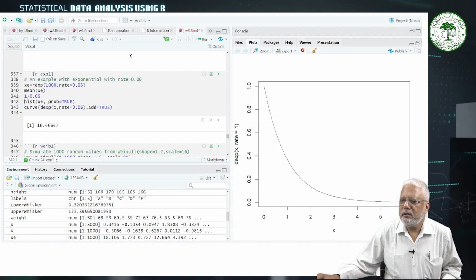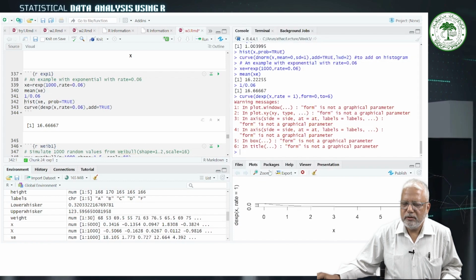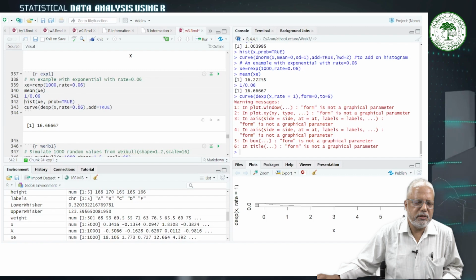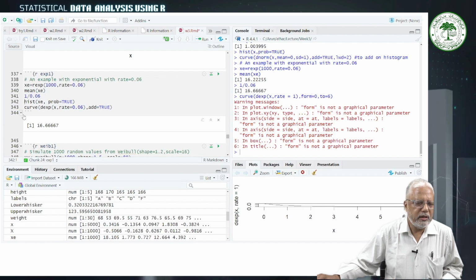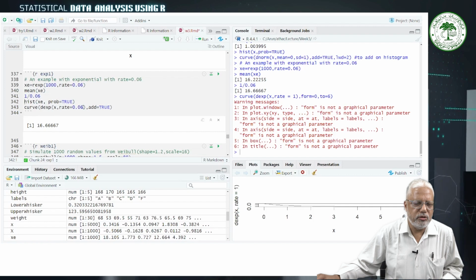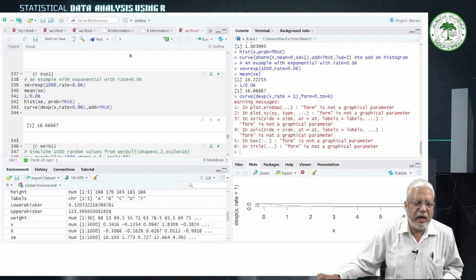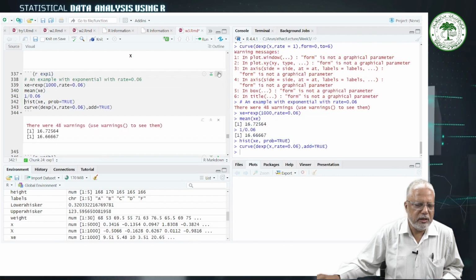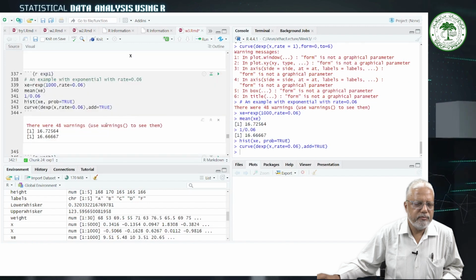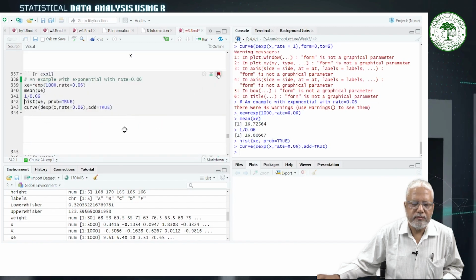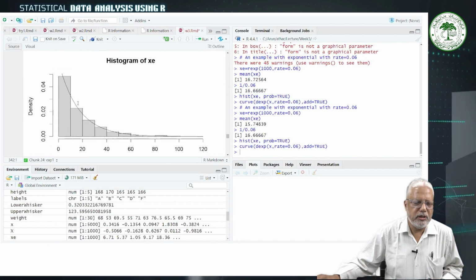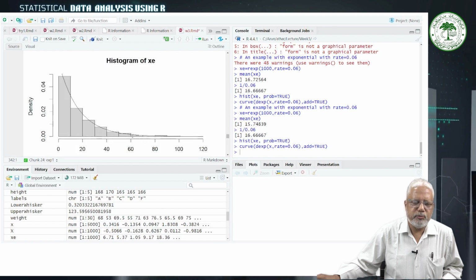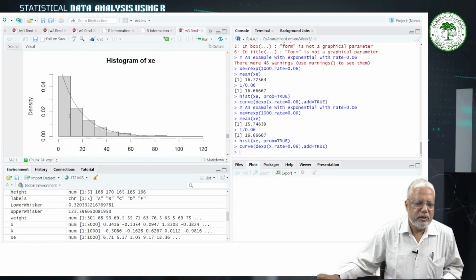But we want this plot to be added on the histogram. So that's why when we run this, it generates the histogram, and curve dexp(x, rate equal to 0.06, add equal to TRUE). So it will add on the histogram generated here. So when we run this, we are getting the results. This is the histogram. So this histogram was made on the simulated data from exponential distribution, and this curve is